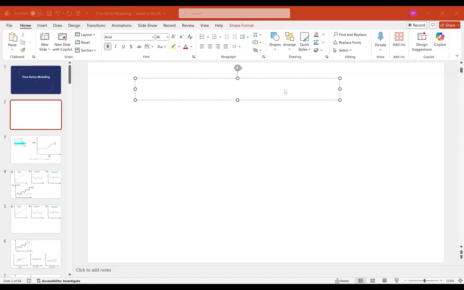Now, in a time series, in general, there are going to be three components. Let me write it down. In all time series, there are going to be three components. One is going to be the trend component. By trend component, I mean whether a time series is increasing over the period of time, decreasing over the period of time, or maybe constant over the period of time. If you look at the revenue of a company, it can increase, it can decrease, or it can remain constant. These are the three factors in general. So that is the trend component.